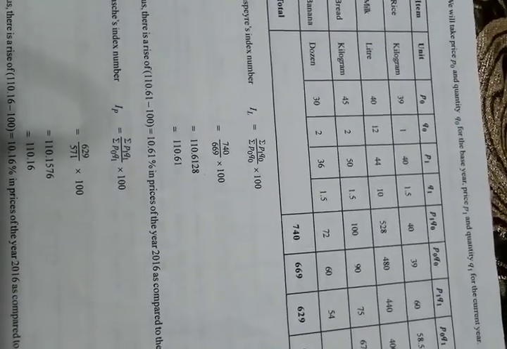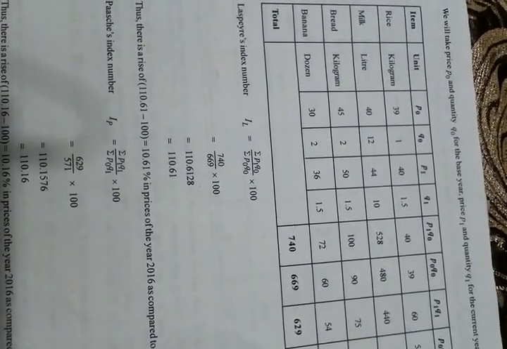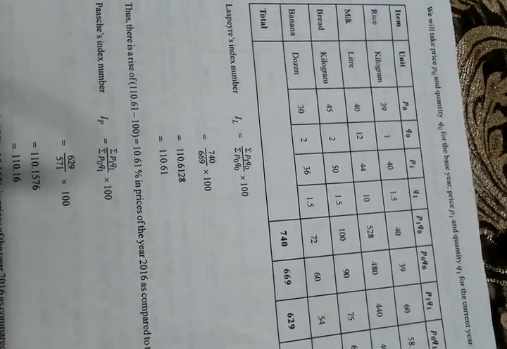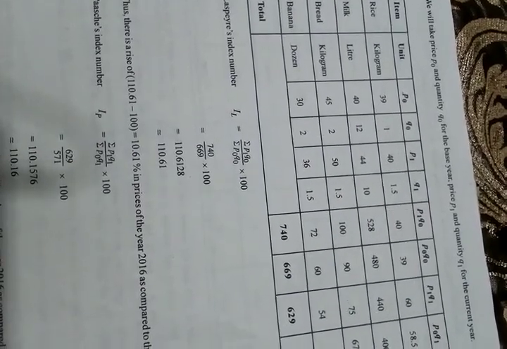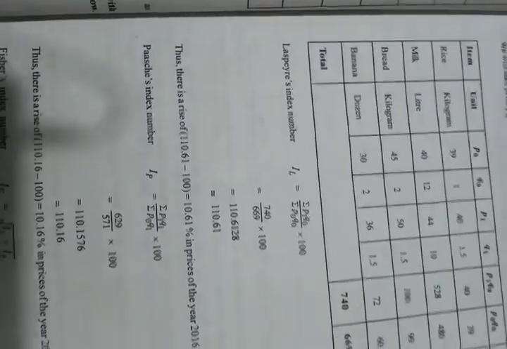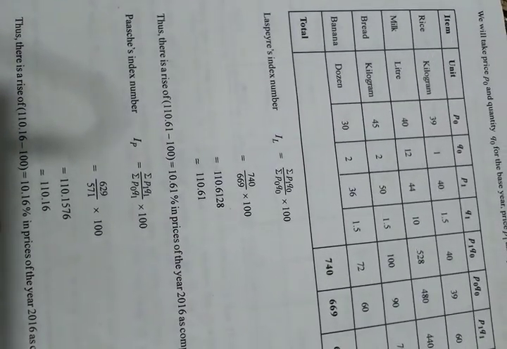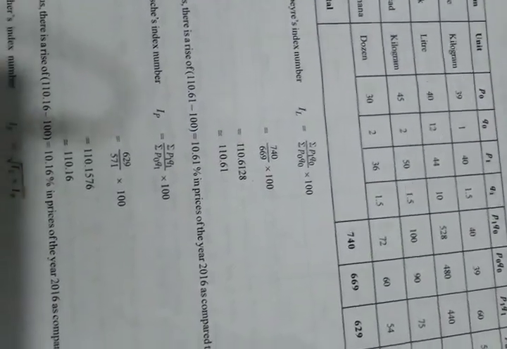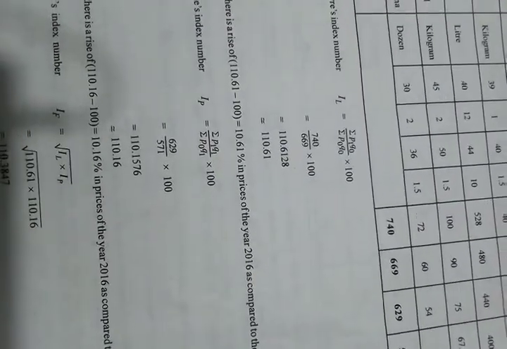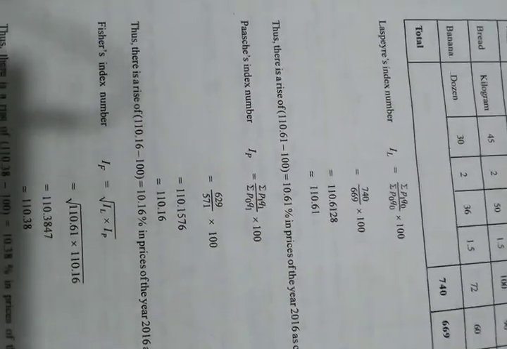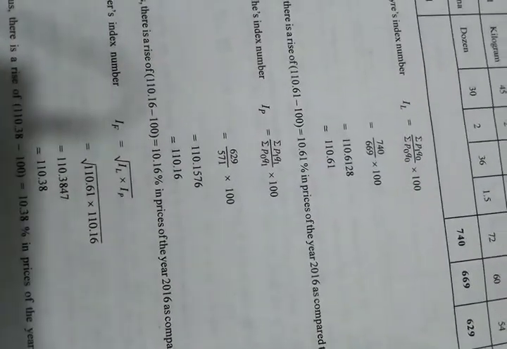So this calculation you do, that is a subtraction of the base year's index number from the current year's. We get that. Second method, Paasche index number, which is IP is equal to sigma P1 Q1 upon sigma P0 Q1 into 100, and we get the answer as given here. Okay, so this is also the calculation according to the second formula.